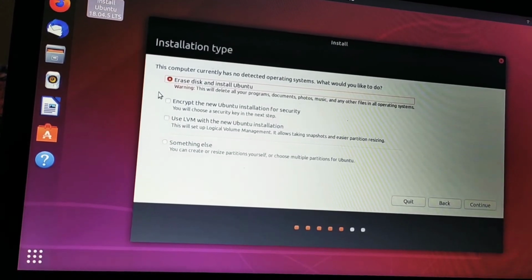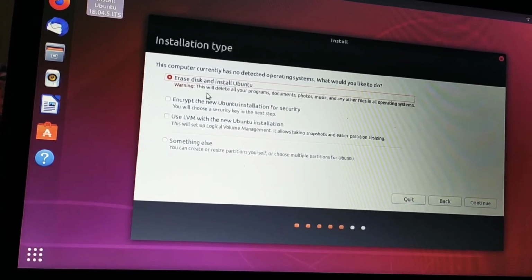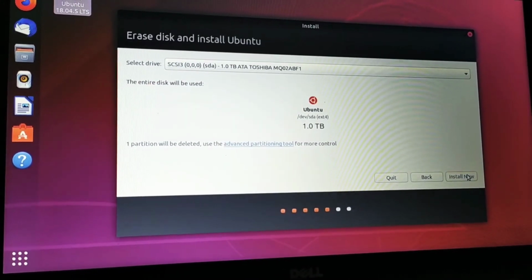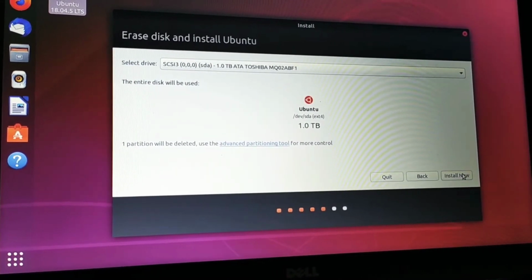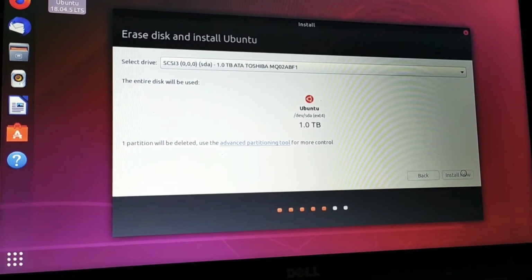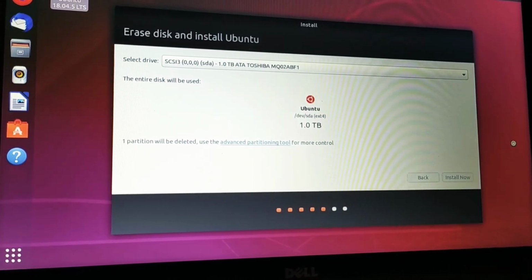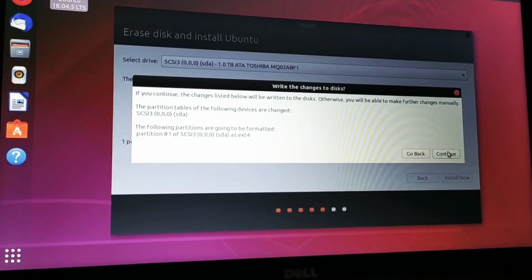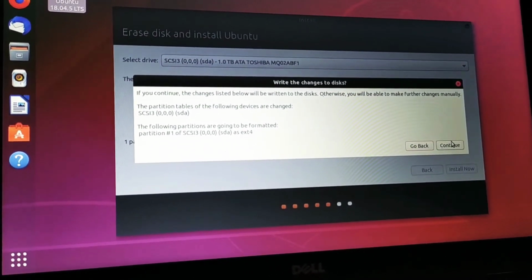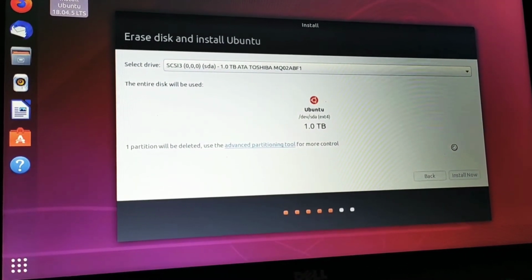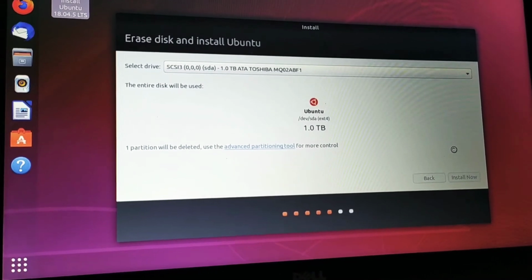So I'm just using this option, and I'll be erasing the disk and installing Ubuntu. It might take some time.